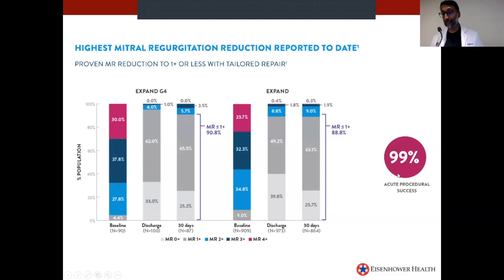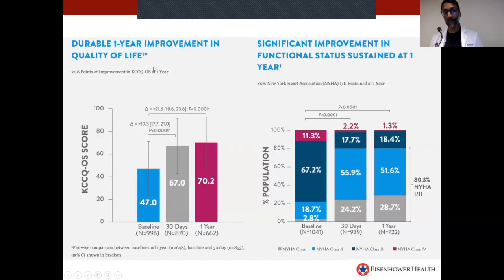Now, the procedure success rate is improving, the significant reduction, we keep getting better at it every single time. The quality of life improvement, there's this thing called the Kansas City questionnaire that looks at quality of life. An improvement of 8 points is considered a significant improvement. Now, people have a baseline score of 47. The higher one's score is, the more functional, the more adept they are at life. If you go from 47 after the MitraClip, you go up to almost 67, 70, and it continues to get